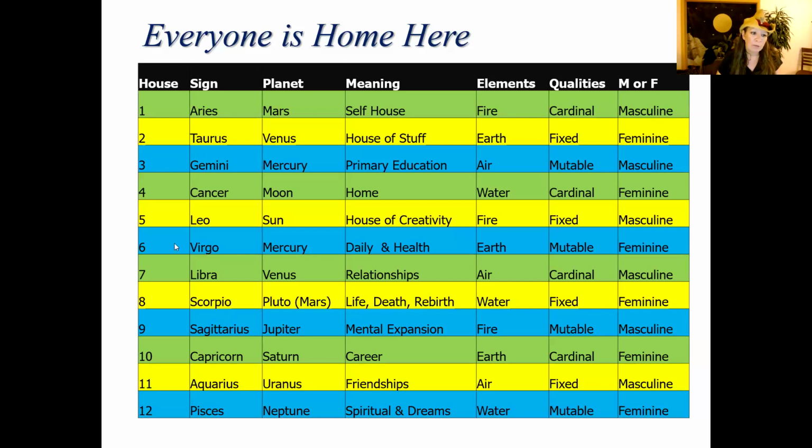Geminis square Virgo, square Sagittarius, square Pisces. Here we have the mutable signs. And so Gemini is an air sign, mutable, masculine, squares Virgo, Mercury. So there's a nice little planetary thing there. So that might be a little easier. But then we're looking at health and earth and air. What is that? Well, they are kind of similar.